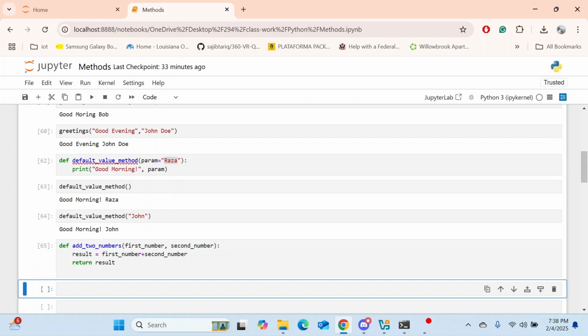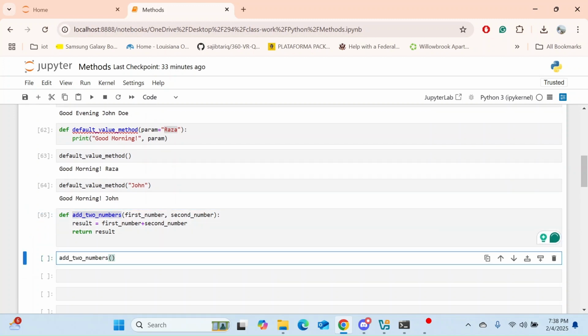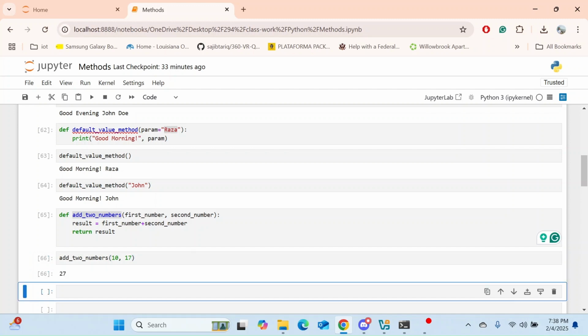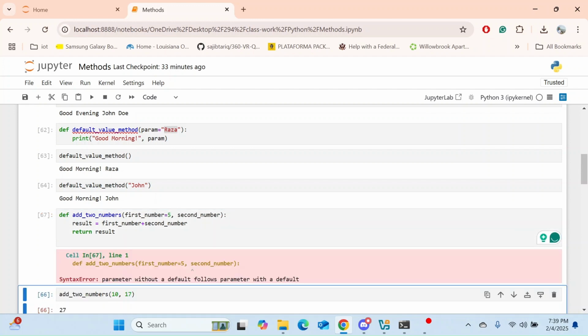All right, so we have add two numbers, and now I need to send two values. Let's say I send 10 and I send 17. The result will be 27, I'm sorry. All right, now you must be thinking, what if I use default values? If I use default values, you will again get 27, because